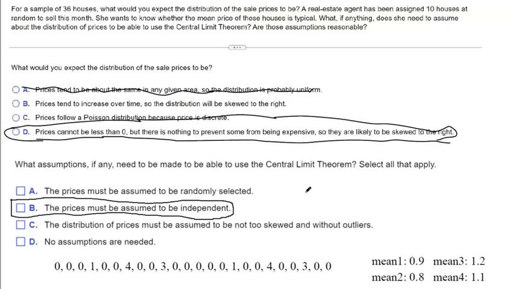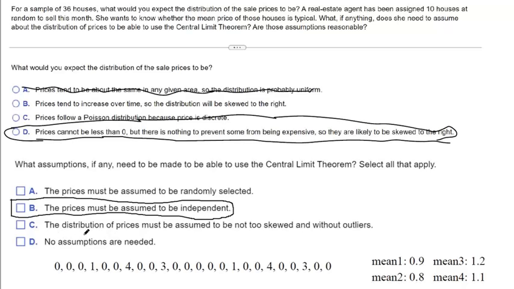But the whole reason we do random selection is to make sure that prices or numbers are independent of one another. Picking one home doesn't impact our chances of picking a price for another home. So they don't want you to select randomly selected, but if you Google conditions of the central limit theorem, you're going to see that randomly selected is a condition. So I'm not super excited about them not checking off A, and I don't understand fully why they put that in there if it's so confusing. So yeah, usually you want random selection, and that's to help you assume that they're independent.